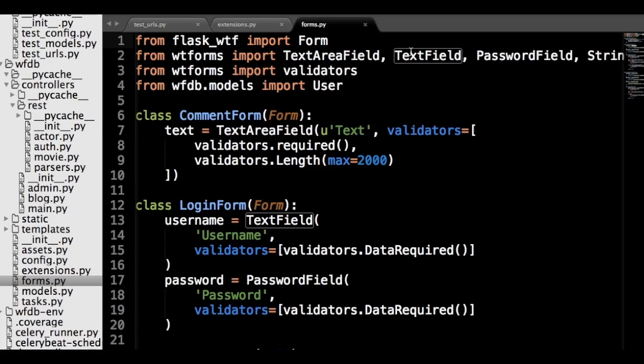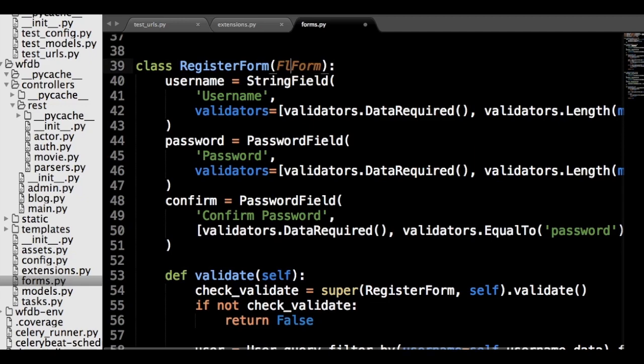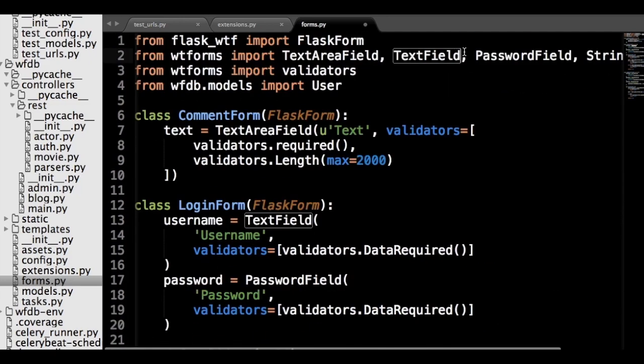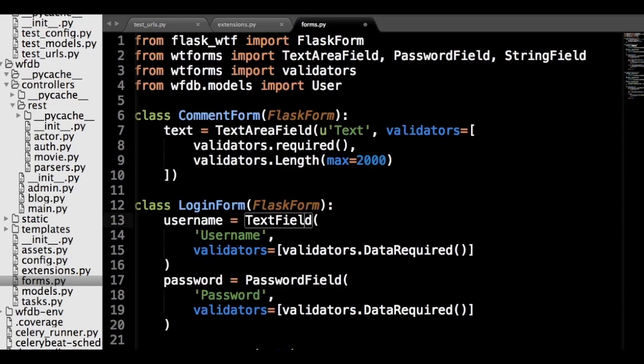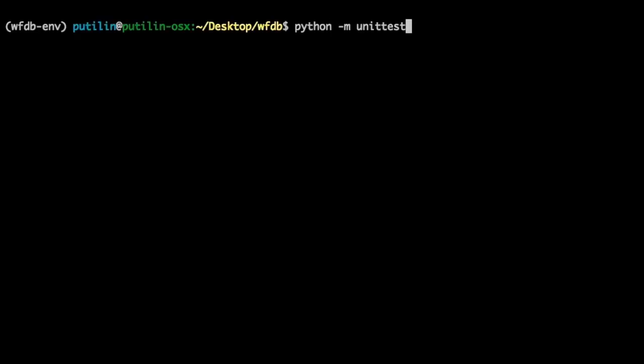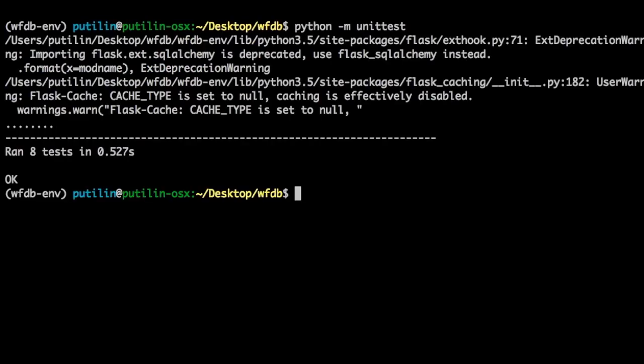Next, we have to do a couple of renames for Flask-WTF. As you can see, we have almost no warnings, except for disabled cache, which is intended,